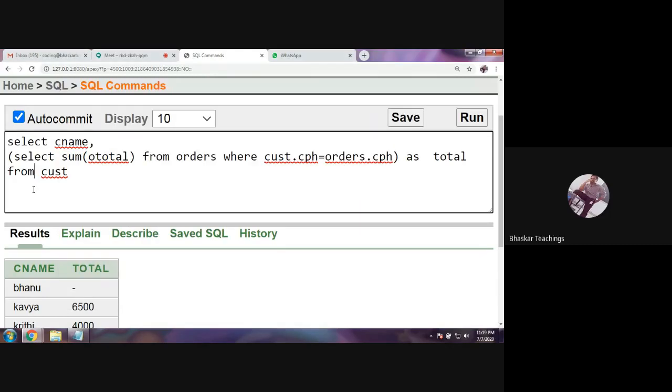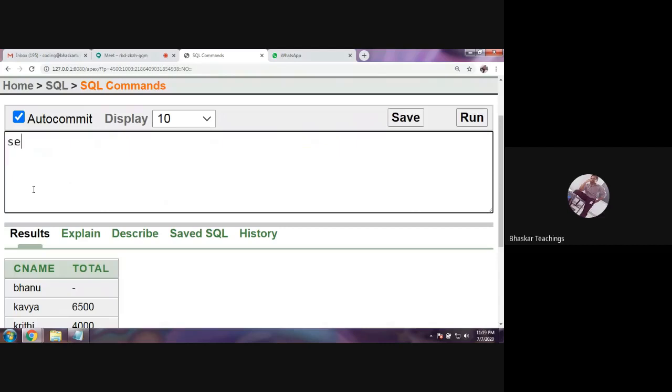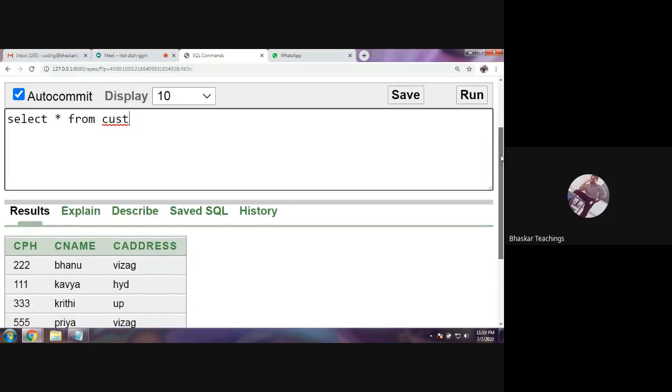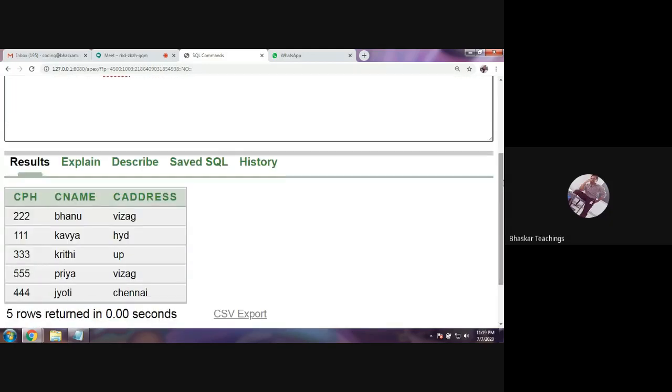So here, let me take this table only. I have a customer table, CUST. And this CPH, the phone number of the customer, is referenced in the orders table column. So this is customer information and I have orders information in the orders table.